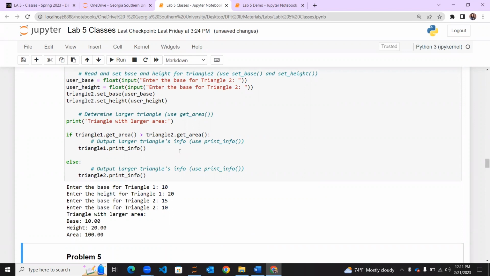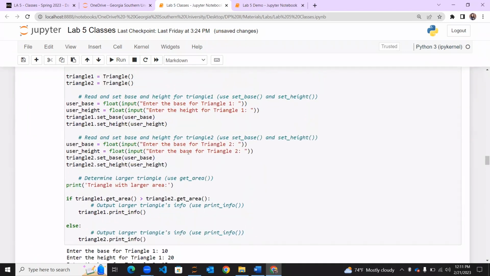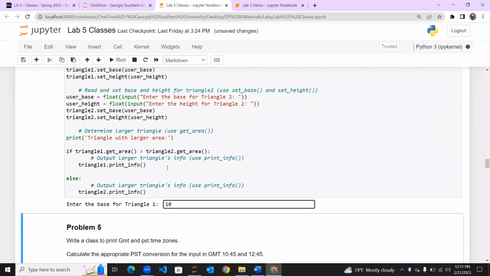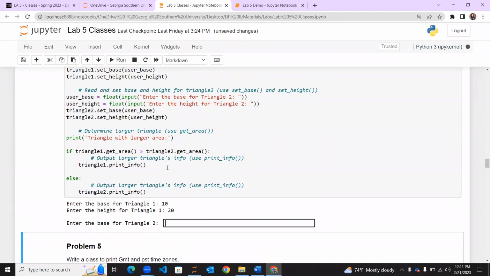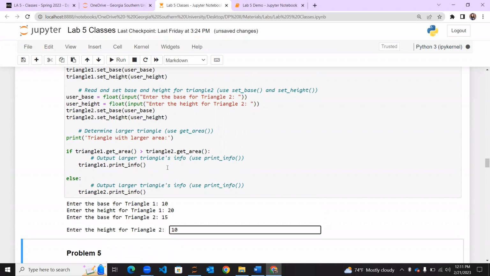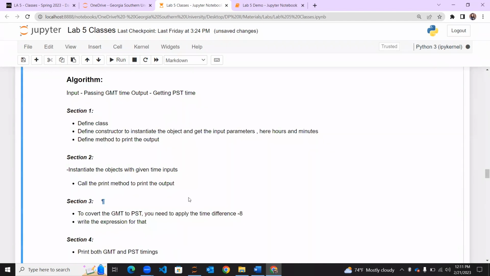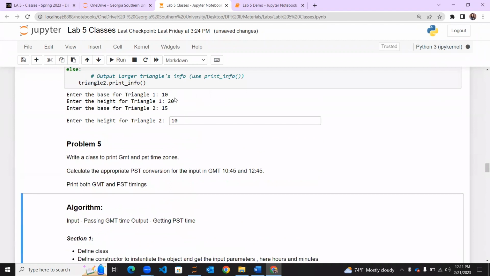So it says triangle with larger area 100. Maybe here I had to change it. Let me run it again. 10 and 20, 15 and 10. 10 is the height of triangle number 2. Okay, so when I run it,